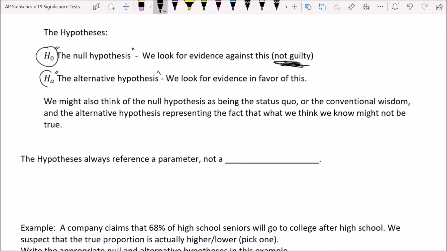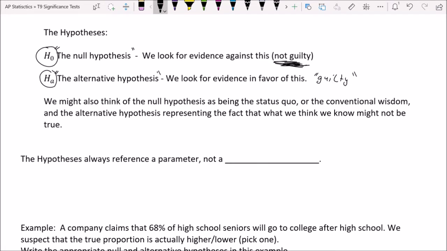Okay? And that's the symbol for it right there, H sub A. We never say H sub A, though. When we see this pair of symbols, we're going to say the alternative hypothesis. This is the thing we're looking for evidence in favor of. This is the equivalent of guilty. We have lots of evidence, and we're going to say